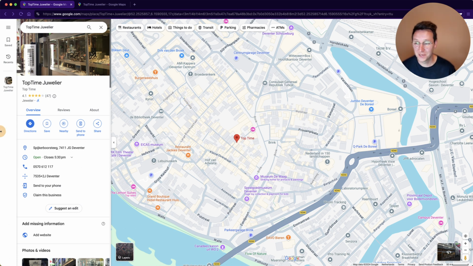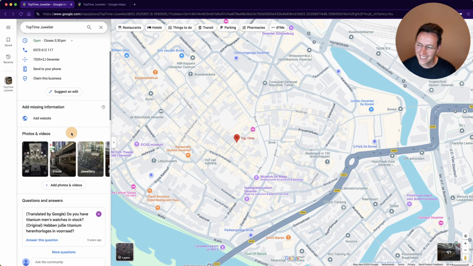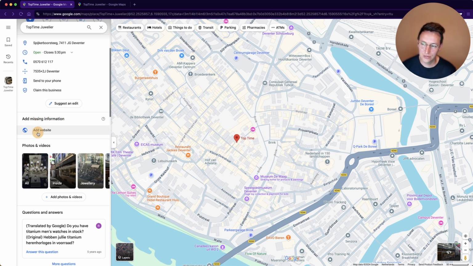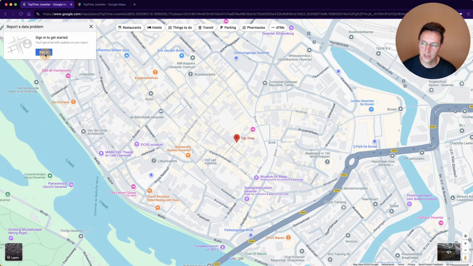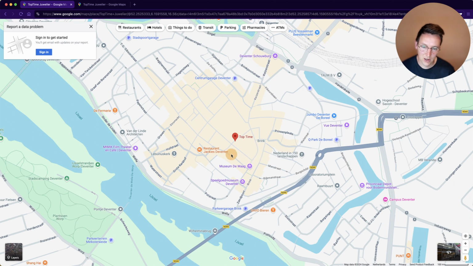Man, I feel like I've been talking a lot. And all the stuff that they're doing here, add missing information, add a website. So, okay, sign in to report this. As a random user, I can suggest those types of things, and Google has a way to, probably with AI nowadays, just automatically check if those things are valid or not, and add them as things go. There are a lot more things to talk about here,